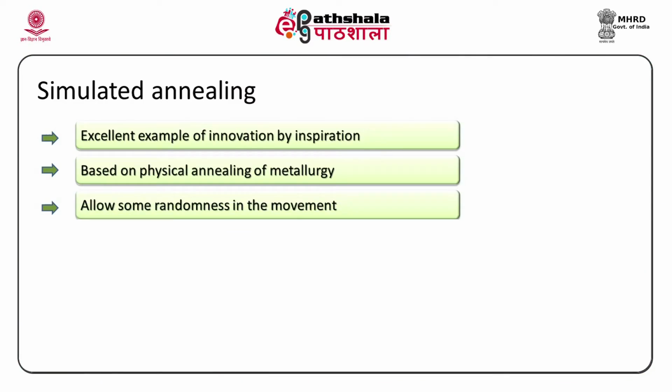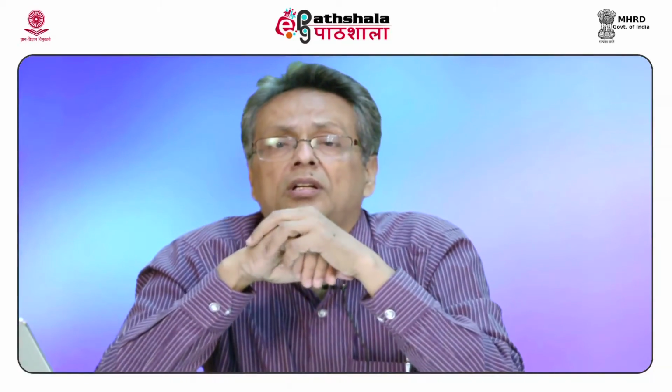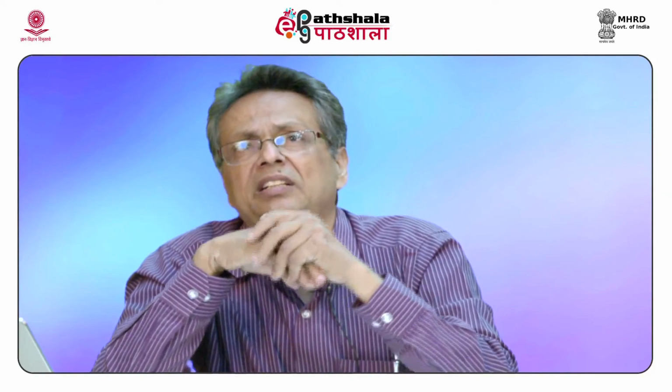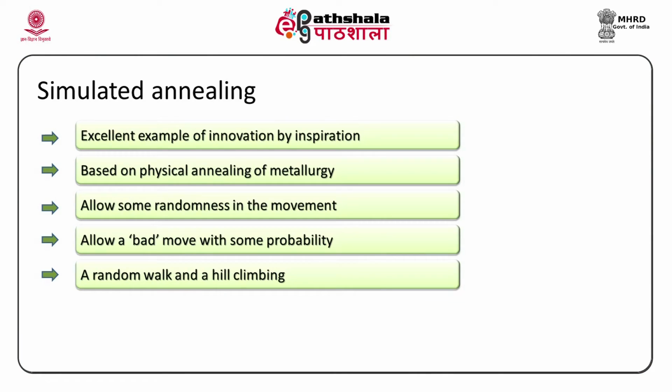stableness of the result, and it allows some randomness in the movement. What does that mean? It allows a bad move with some probability. Now, this is an important advantage for escaping from local minima. Here, unlike hill climbing, we allow a bad state. So, like from 4 you can go to 3 also, or 2 also, or 1 also, but with some probability, in a way that in the initial run you allow some move to a bad state from the current state, and at a later stage you do not. So, that adds randomness to movement in the initial run, in a way that you escape from local minima, and it is proved to be quite useful.